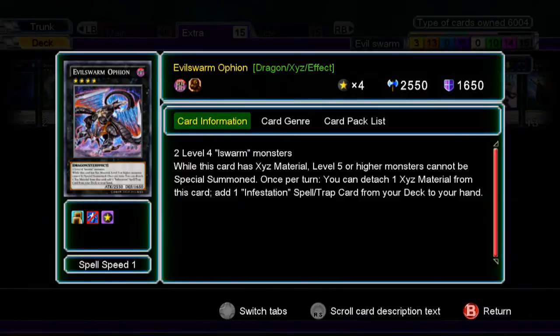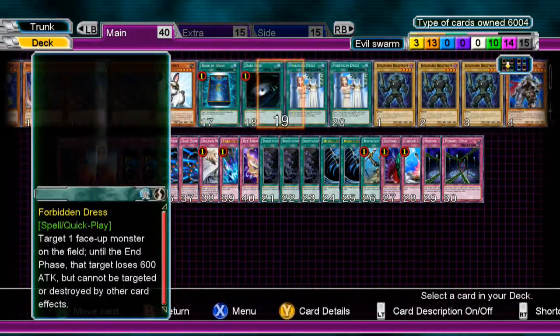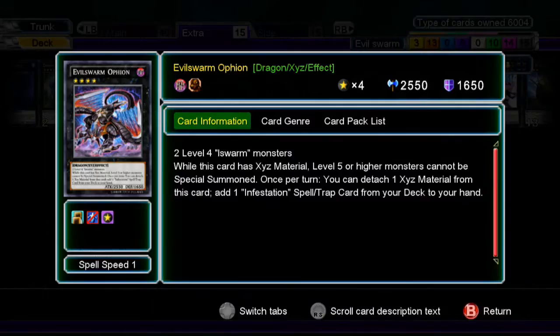Next up is Ophion, the main beast of the deck. Basically, its thing is, as long as this card has material, you and your opponent cannot special summon anything level 5 or higher, which, I mean, if you look at the deck, there is nothing that's 5 or higher. Anyways, so